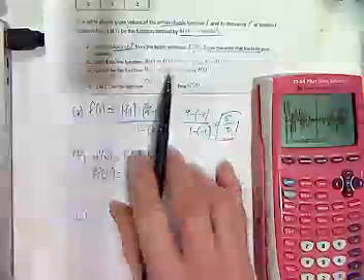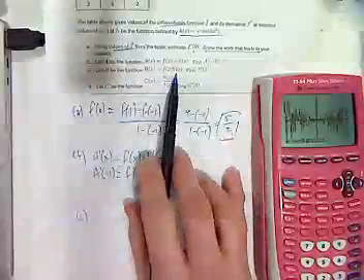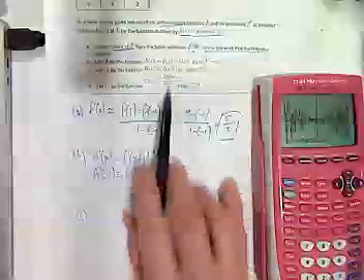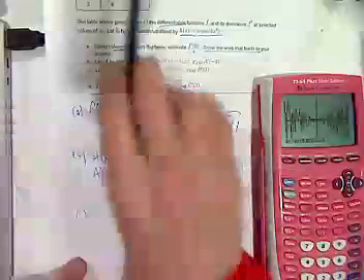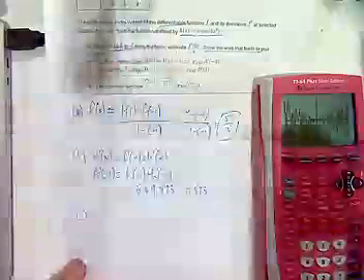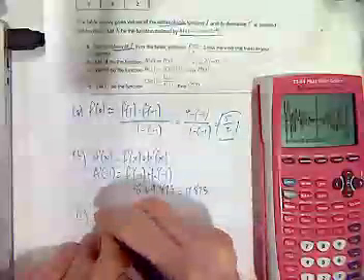Here you can see that B is a product and C is a quotient. So this is going to be taking a derivative just using the product rule, and this is going to be a derivative taken using the quotient rule. We're going to need some of these values from the table, and we're going to have to compute some other values in our calculator. So B prime of x